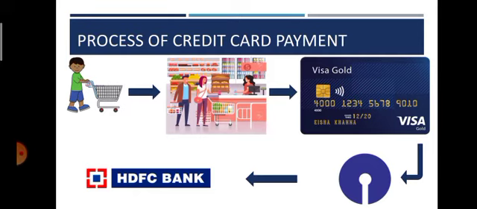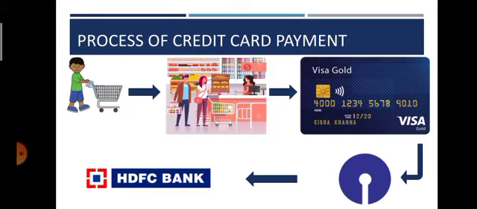When you are paying through your credit card, they will ask for your credit card and feed it into that card reader. Once the credit card is swiped in the machine, you need to enter your pin. Once the pin is entered, you have to enter the amount to be paid to the seller. For example, you enter the amount as 5,000. Once the amount has been entered, 5,000 is credited from your account to the seller's account.